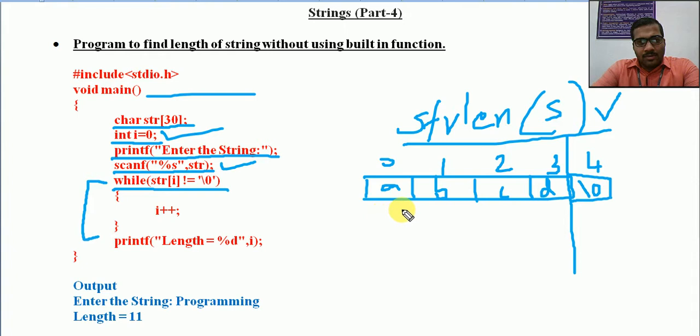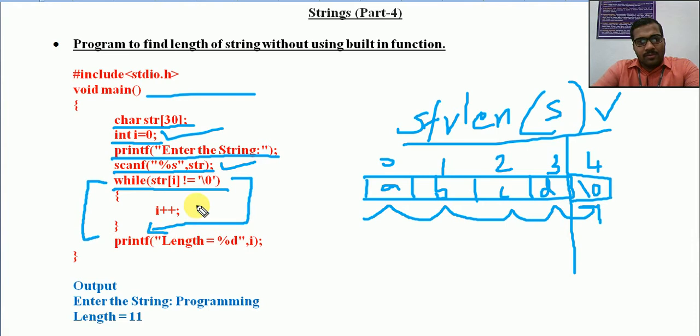We first check the 0th location, index 0, then i will be incremented, and we check the next i. Similarly, we iterate through all the index locations until it reaches \0. If it is not equal to \0, we continue; if it is \0, we exit from the loop.